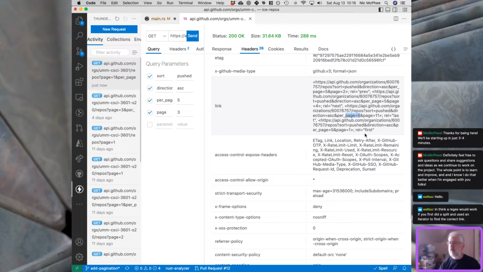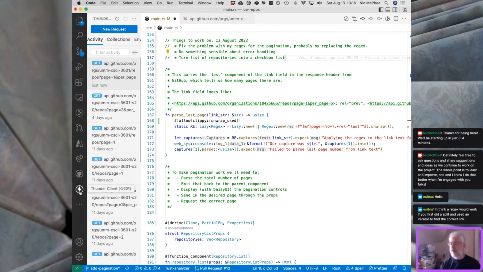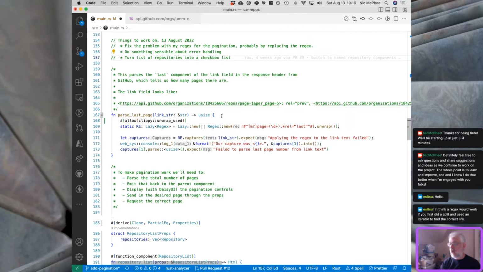Okay, so that would mean that we come back here. This is where the regular expression is right now, and this regular expression is probably close to right and probably could be fixed, but regular expressions are hard to read and hard to maintain, so I feel like getting rid of the darn thing would be a win. So I think we want to do something like,